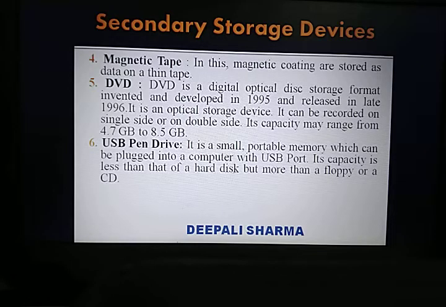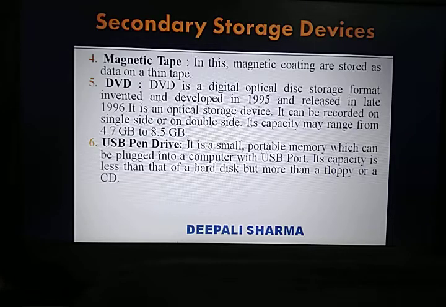So its capacity is less than that of the hard disk but more than your floppy and CDs. Fine. So your pen drive can be of 2 GB, 4 GB, 8 GB, then 16 GB. That depends on your usage, you can buy that particular pen drive. What is the advantage of the pen drive? It is a very small device which we are able to carry easily, because the CD and DVD are a little large. That means you cannot keep them easily in your pockets, but a pen drive you can carry easily in your wallet, in your pockets, and so on.